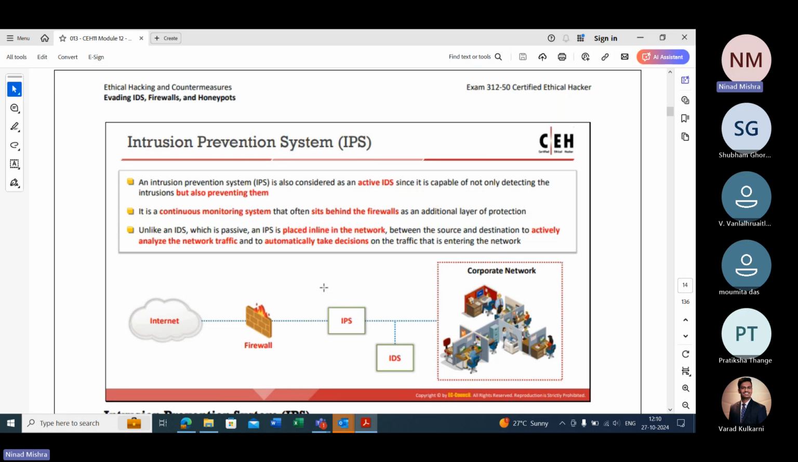Usually, IPS is now what is used in regular organizations. IDS is somewhat getting replaced by IPS. However, there are some organizations on the defensive side who will say that since they don't want their legit traffic to get blocked, they will use IDS. But usually it is recommended to have IPS. So let's say